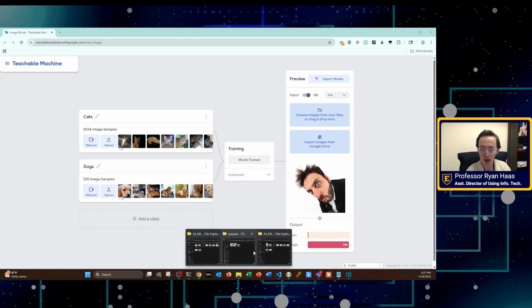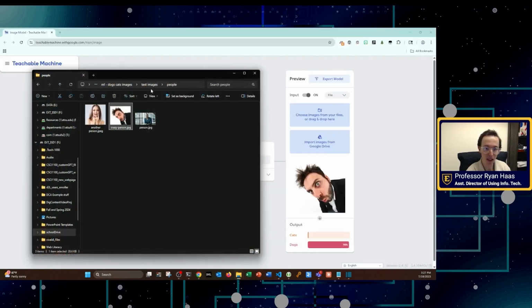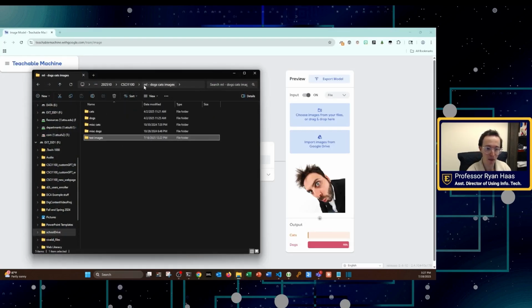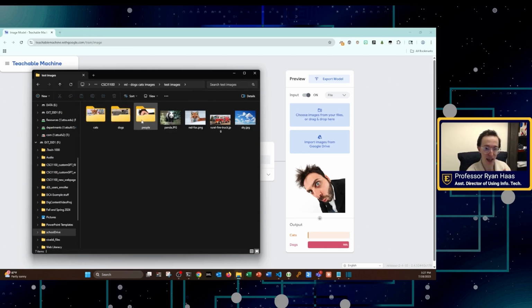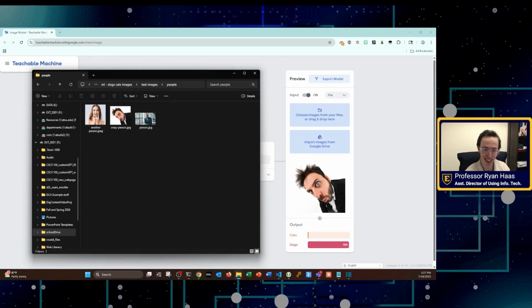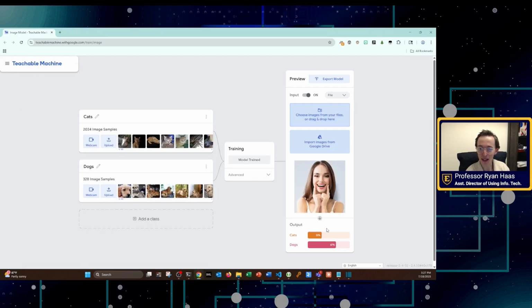Also, some of these training images featured people in the images. So if there were, for example, more people that looked like the first person that I tested on in the cats class, and more people that looked like the second person in the dogs class, that could be why it's voting the way it is, because it doesn't really know the literal difference between a cat or a dog. It only knows the data that it's been trained on.